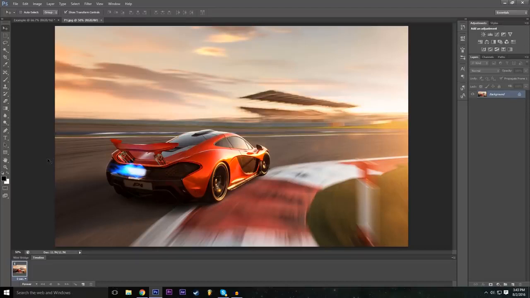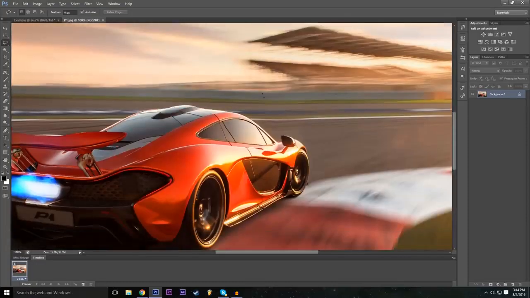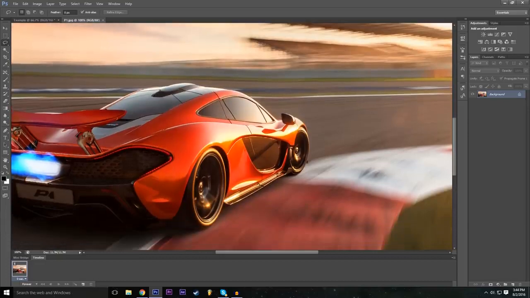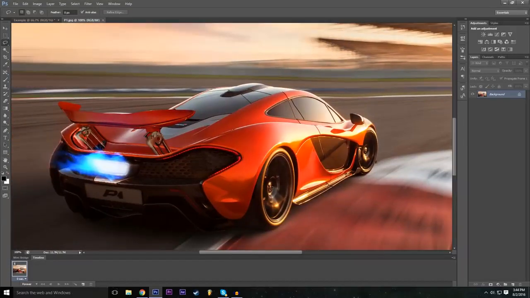So the first thing we're going to do is actually duplicate this McLaren P1. So we're going to go to this tool right here, which is called the lasso tool. And as you guys can see down here, we have this thing that says 50%. It's basically how much it's zoomed to the original size. So let's go 100%. So this just means that we are looking at the exact resolution of this image, and